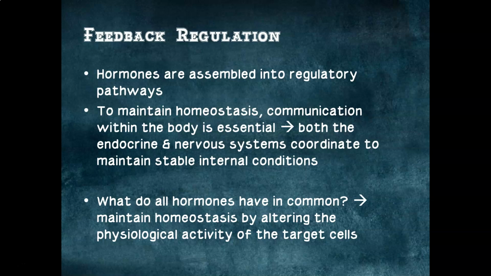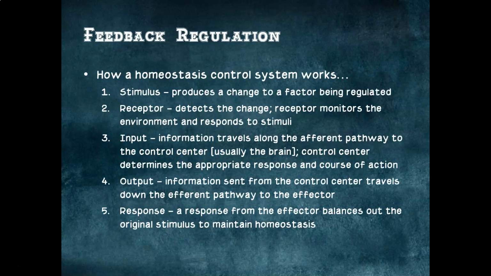Interesting thing is that all hormones, regardless of whether they work in a positive or negative feedback mechanism, ultimately are there to maintain homeostasis by altering some sort of physiological activity of the target cell itself. So when we look at feedback regulation and how those hormonal system controls work, they are all relatively consistent. There are ultimately really 5 major pieces to any control system, regardless of whether it's positive or